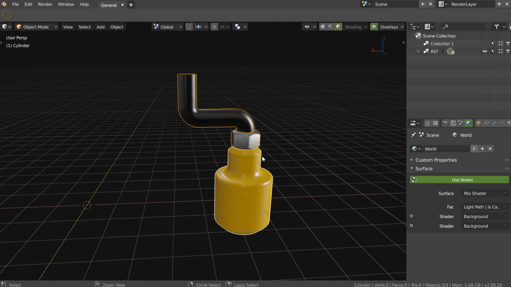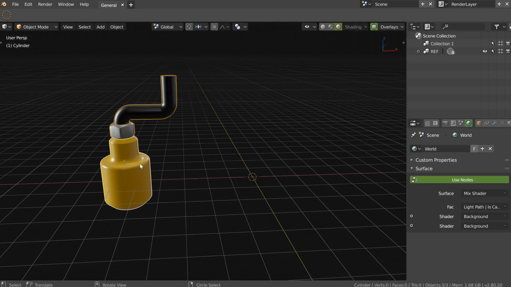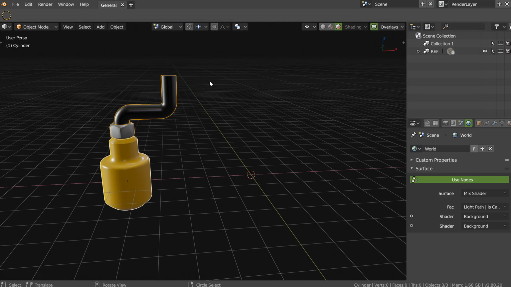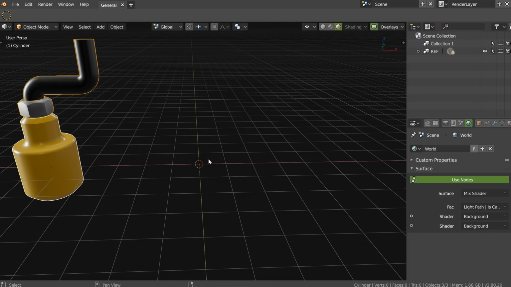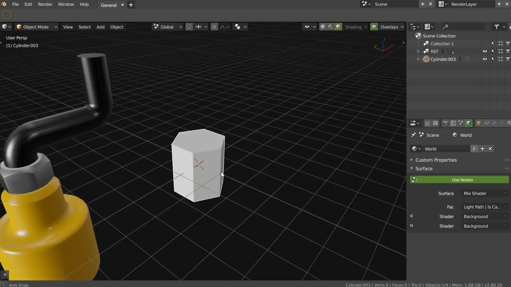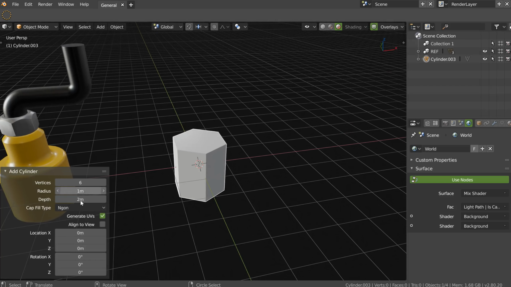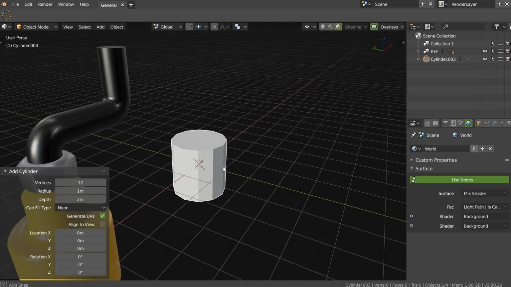Okay, so as you can see, I like some parts, but that can be really fast. I think Blender devs can automate a lot of things. For example, if I add a cylinder like this, I will press F6 and I cannot press F6. So I will change the value to 12 like this.